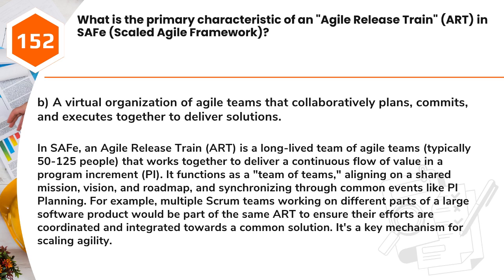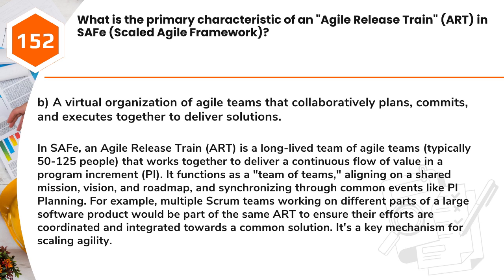Answer: B. A virtual organization of Agile teams that collaboratively plans, commits, and executes together to deliver solutions. In SAFe, an Agile release train, ART, is a long-lived team of Agile teams, typically 50 to 125 people, that works together to deliver a continuous flow of value in a program increment, PI. It functions as a team of teams, aligning on a shared mission, vision, and roadmap, and synchronizing through common events